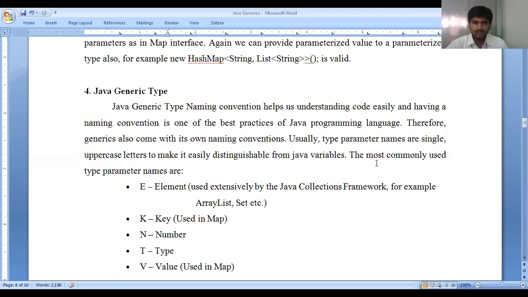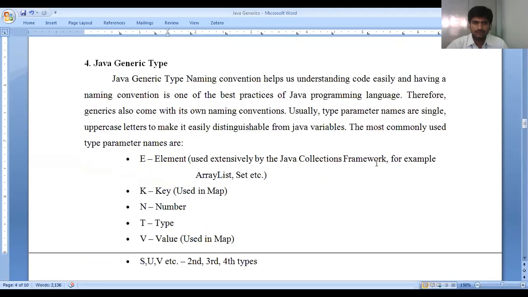Then another one is Java generic types. So we know that it has some type parameters in that. Generic type naming conventions help to understand the code easily, and having a naming convention is one of the best practices in Java.